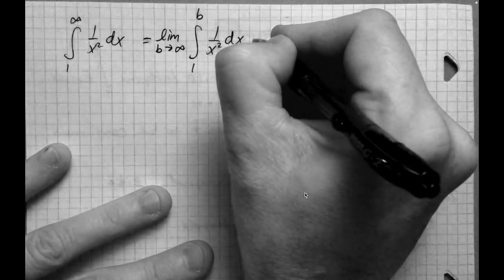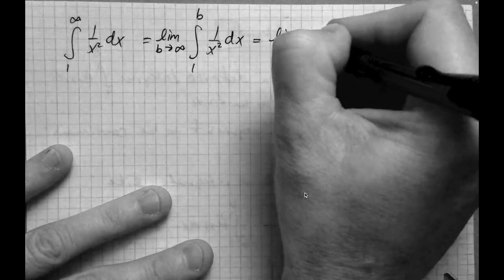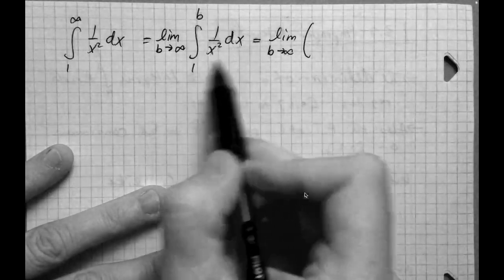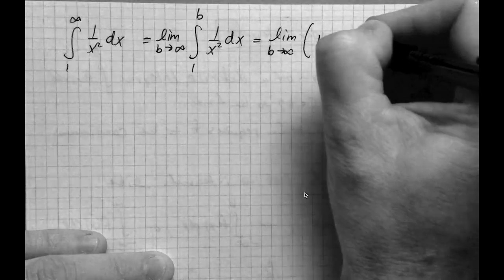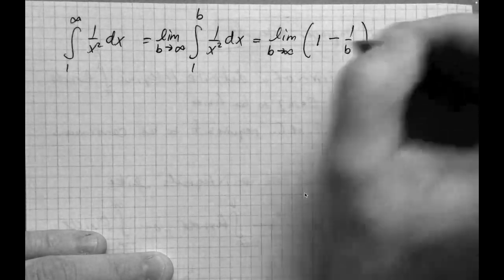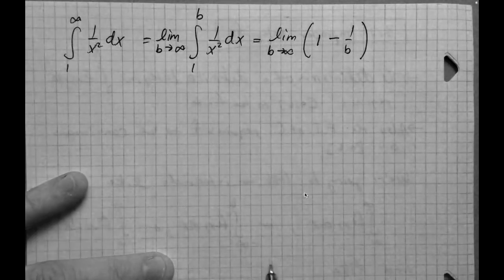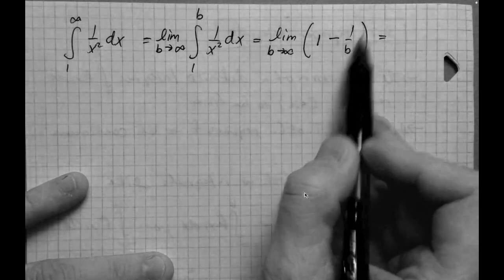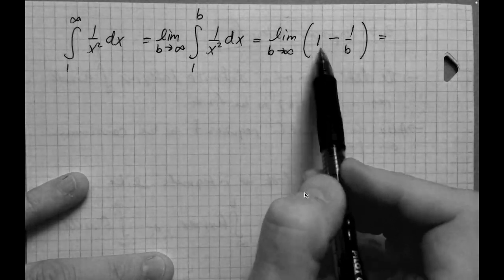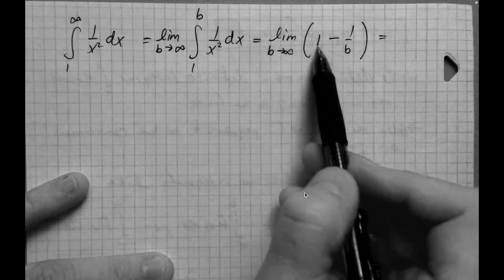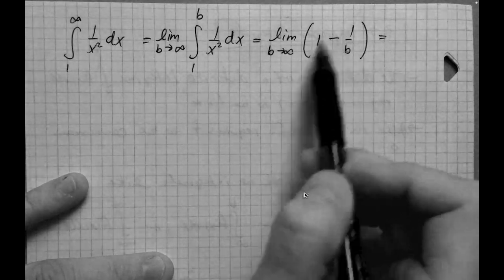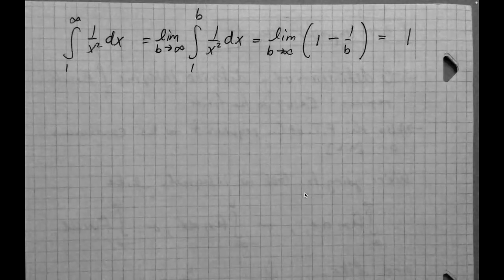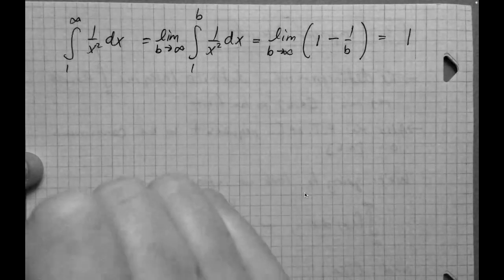So this is equal to the limit as b goes to infinity of, and we calculated this integral just a moment ago, 1 minus 1 over b, plugging all the bounds in and doing all the work. Now what happens to this limit as b goes to infinity? Well, this is basically 1 minus 1 over infinity, so 1 minus 0, so 1. So this tells us